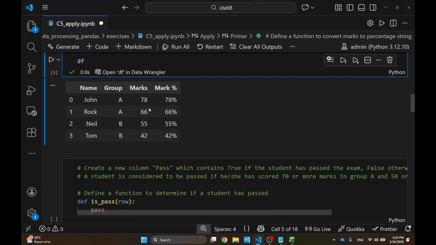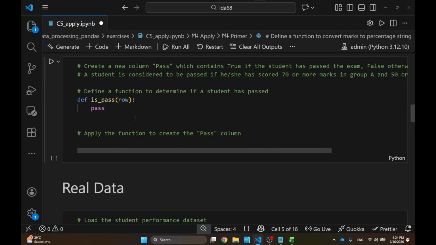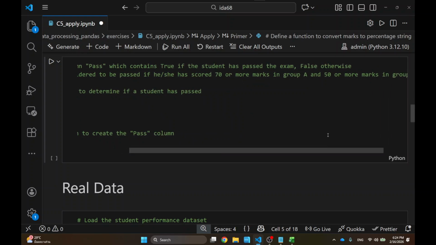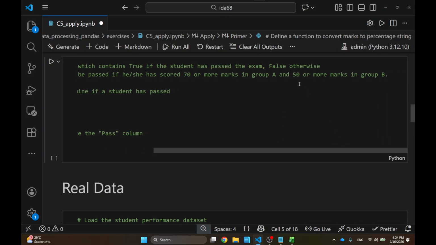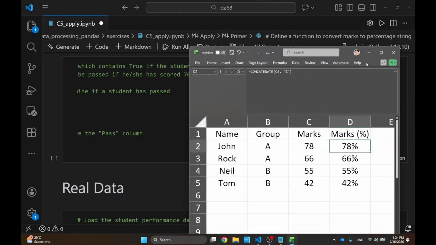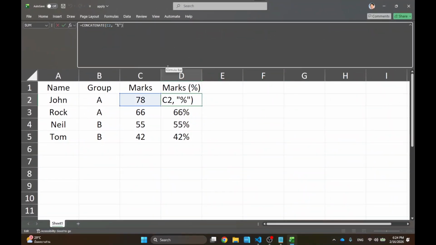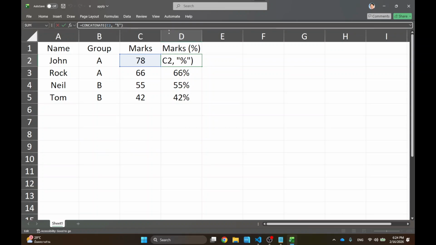All right, so let's move on. You'll see more examples. So I'm going to create a new column called pass, which is true if the score is larger than 70, and otherwise, I don't remember. It's passed if the score is 70 or more in group A, and 50 or more if it's in group B. So that's a bit complicated. Again, if I want to do it here, which I don't think I can do, I forgot how it works in Excel, but